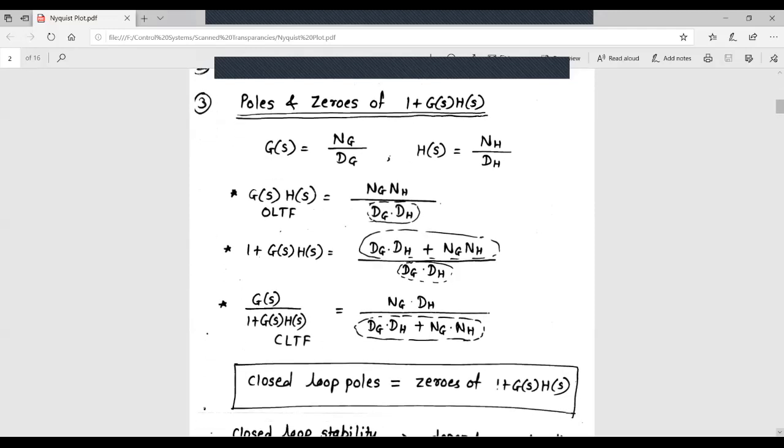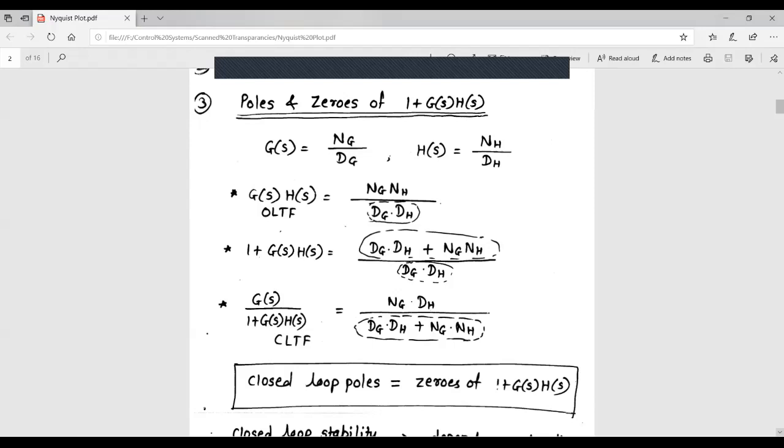Now let us just revise what we did throughout units 1, 2, and 3. We know that the characteristic equation is 1 plus G(s)H(s) is equal to 0. Roots of characteristic equation are nothing but closed loop poles of the system. In Routh's criteria, we have seen that if all the closed loop poles of the system lie in the left half of S-plane, then the system is absolutely stable. Even if a single pole lies in the right half of S-plane, the system will be unstable, right?